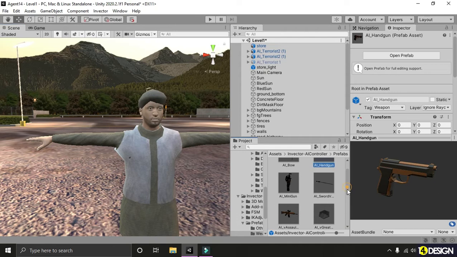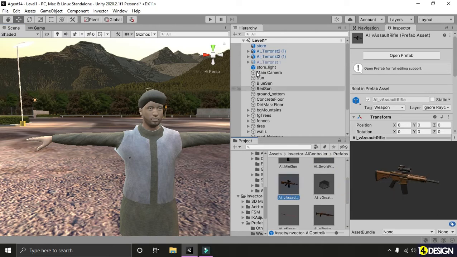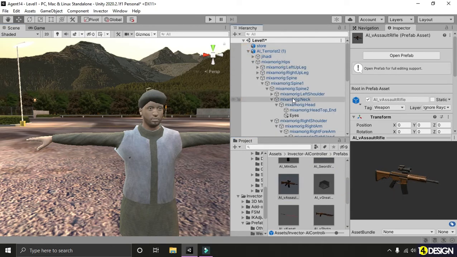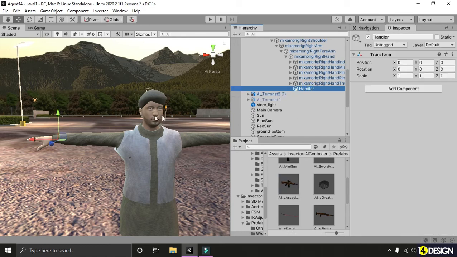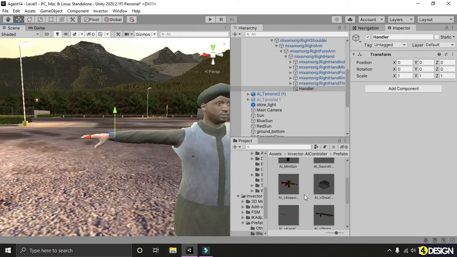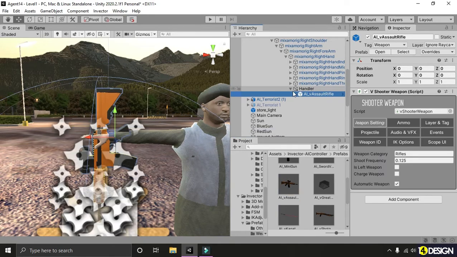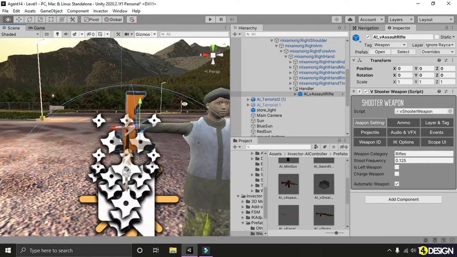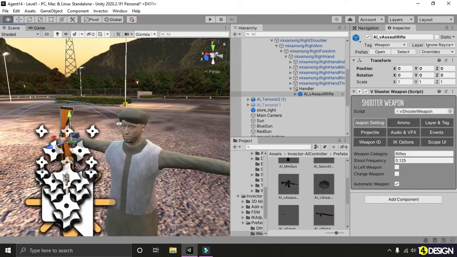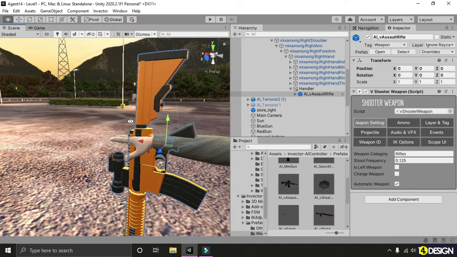I'm going to select an automatic assault rifle here, open up the rig once again, click on the handler and drag and drop the gun that you want to use into the handler. Now the gun will be facing downwards. It's no problem. Just remember that the transform position of the gun is zeroed out here.